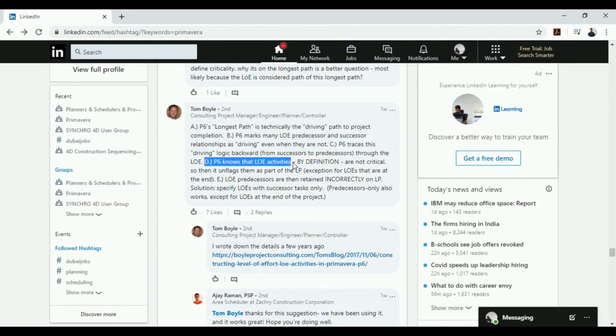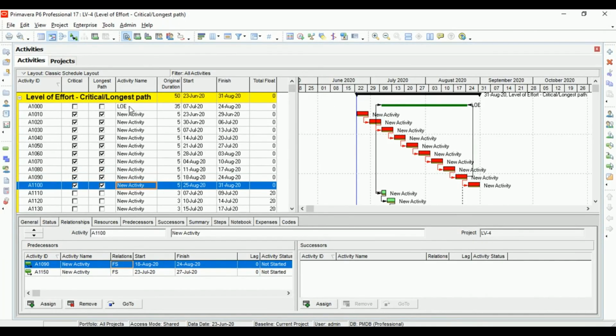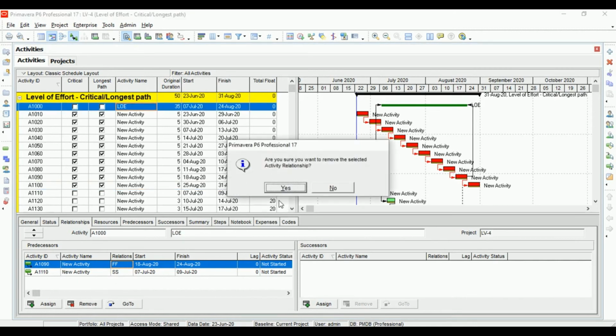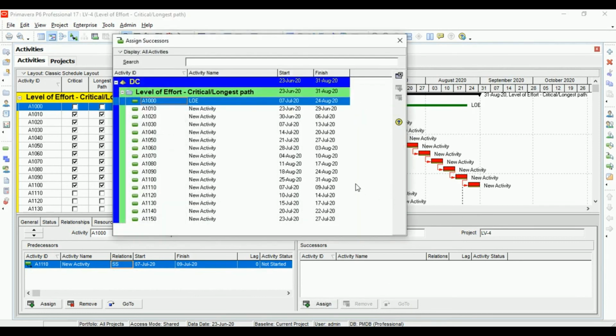P6 knows that LOE activities by definition are not critical, so it unflags them. So if we go back and try to make a level of effort critical again, let's make this activity critical again.